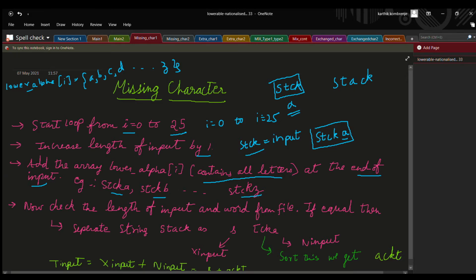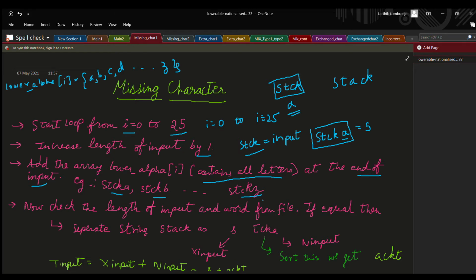Now check the length of the input and the word from the file. Now I will check the length of the input word. So STCKA has a length of 5. And in the same way from the file, which has all the words of the dictionary, I am going to check one by one if the length of the word present there matches the word which I have entered, that is STCKA.